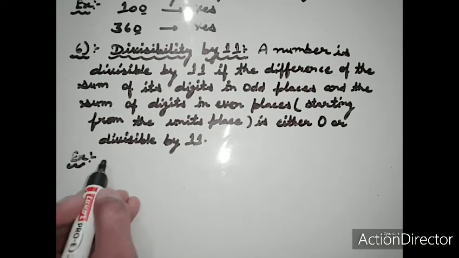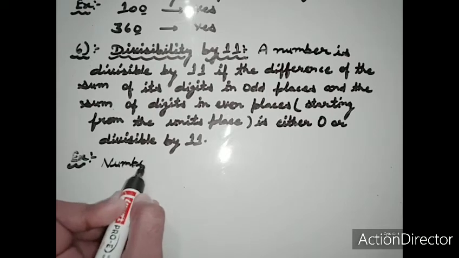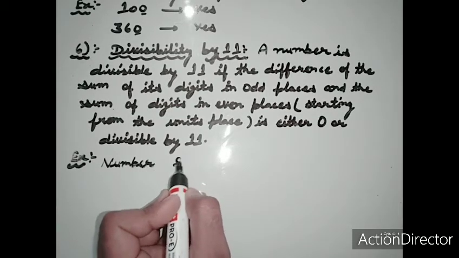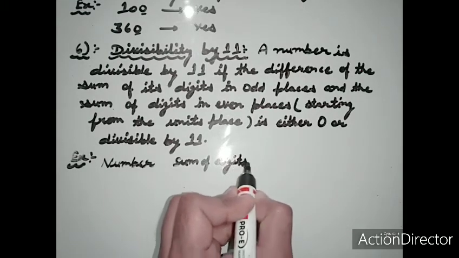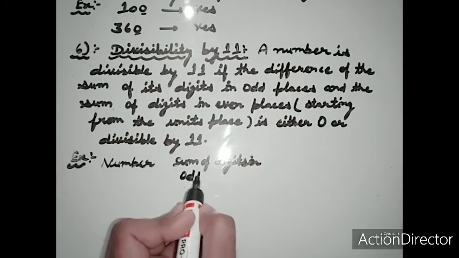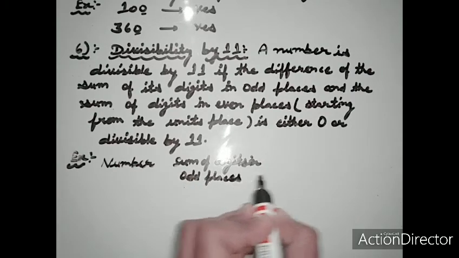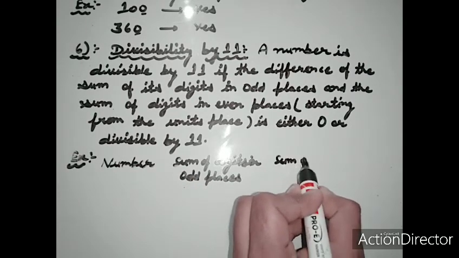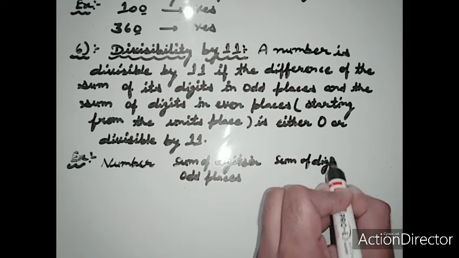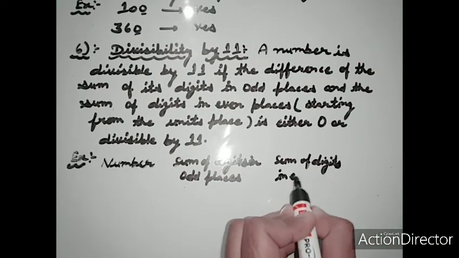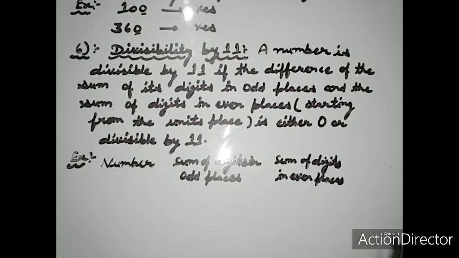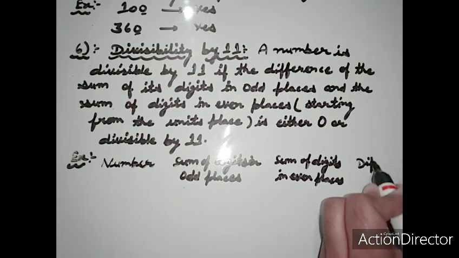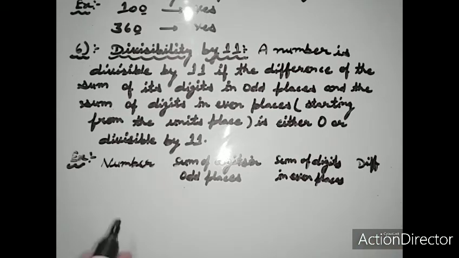So here we write number, sum of digits in odd places, sum of digits in even places, and here we write difference. Okay, so now we take the first number here,